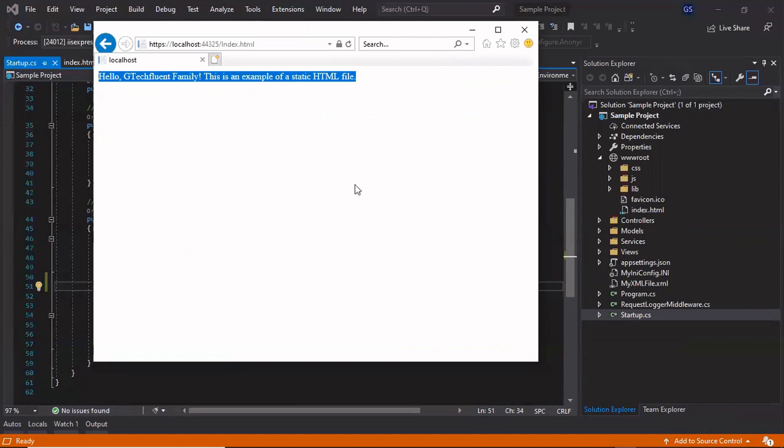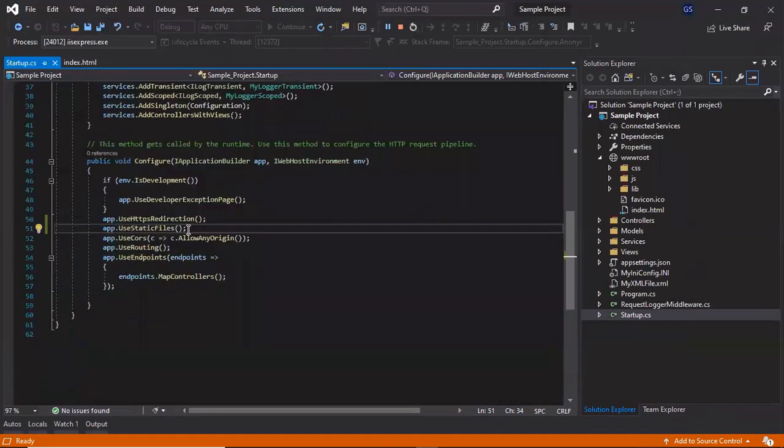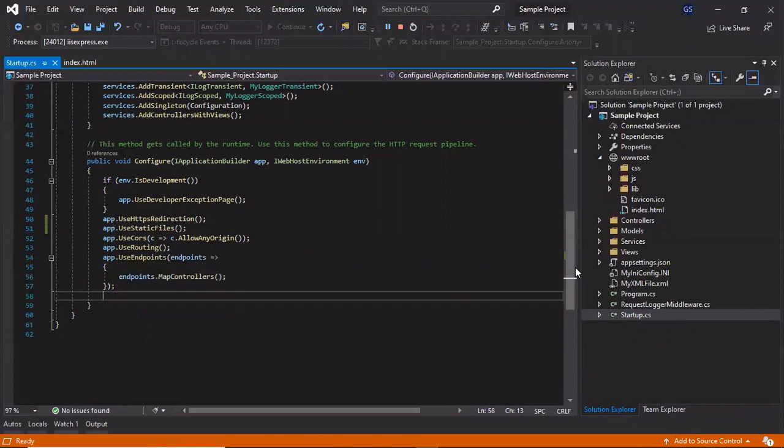There are 2 points we need to keep in mind. If the static file middleware finds the file in the folder, it will simply serve the file and does not call the next middleware in the request pipeline. And if it does not find the file in your wwwroot folder, it simply passes the control to the next middleware in the pipeline, which is configured after the static files.